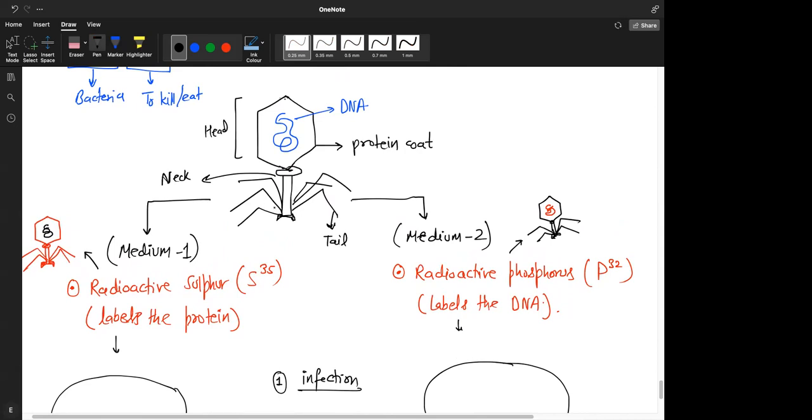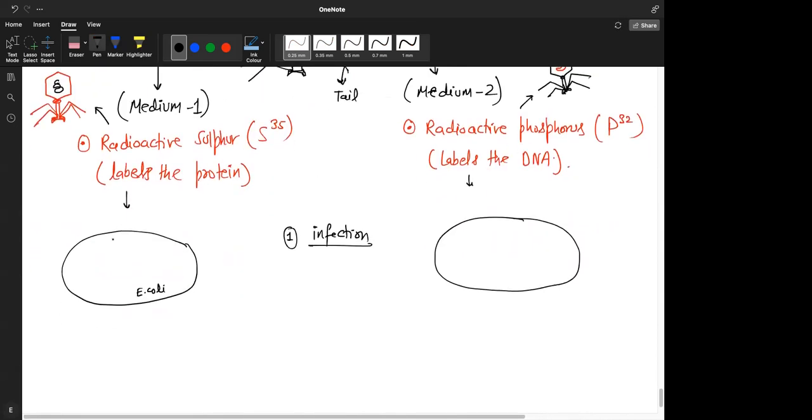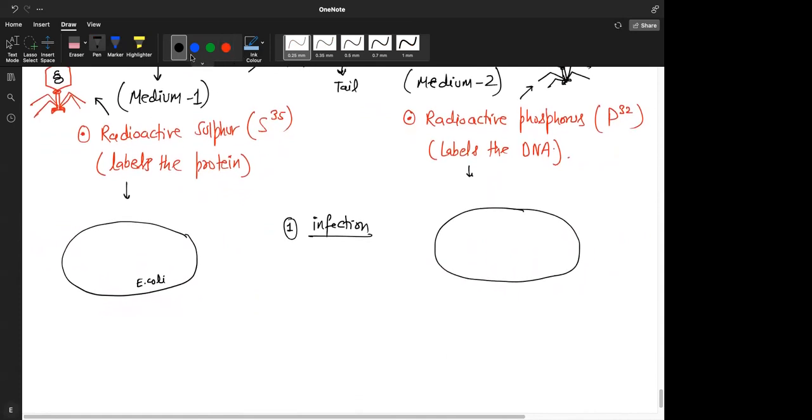With these structures, it grips the bacterial membrane. The viral particles are smaller than the bacteria. They will come and sit on the bacterial surface. And the genetic material which is inside will be